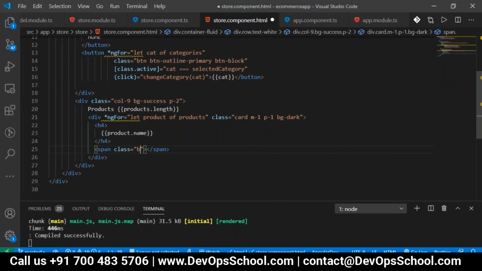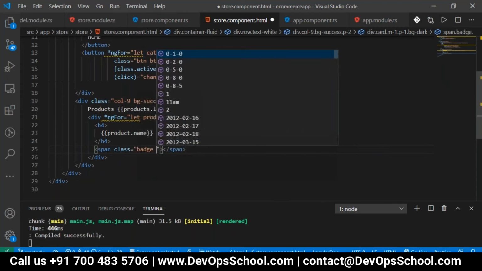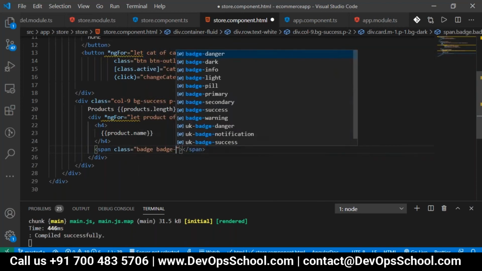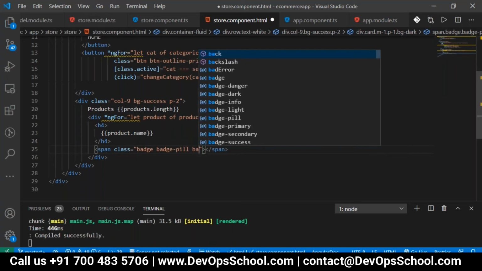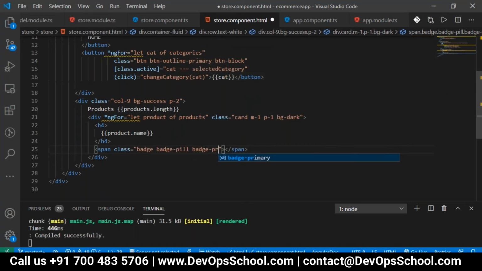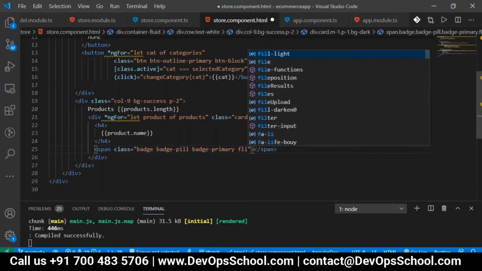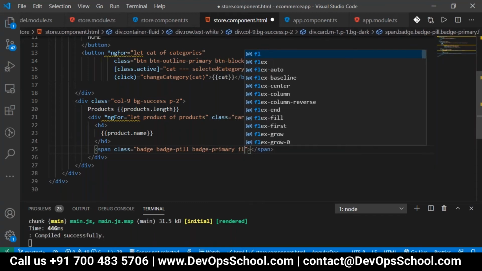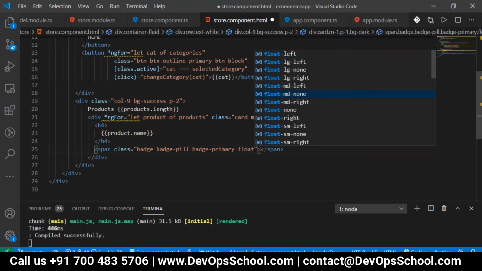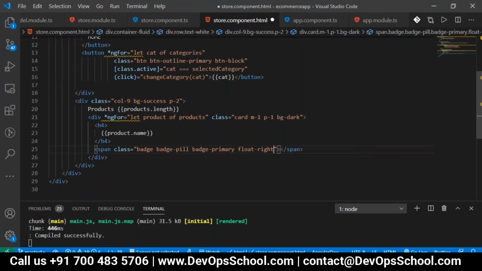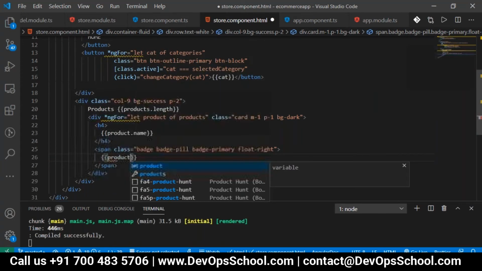We want it like a badge, badge primary. Should be floated to the right. I will give here product.price.